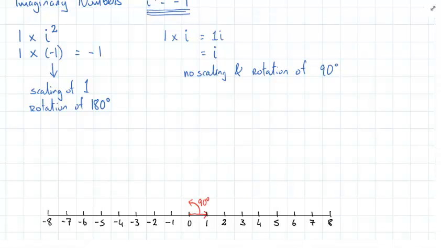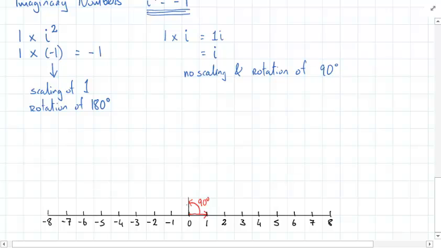So where does i exist on my number line? Well, it's not on my real number line at all. It's actually on a line which is 90 degrees to my real number line. So here is where i is located in relation to my real number line. So what I'm creating here is a brand new axis, a brand new number line, and this is my imaginary number line. And when I look at multiplication by 2i, I'll find scaling of 2 and rotation of 90 degrees,